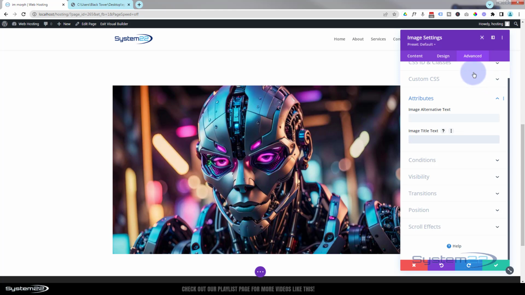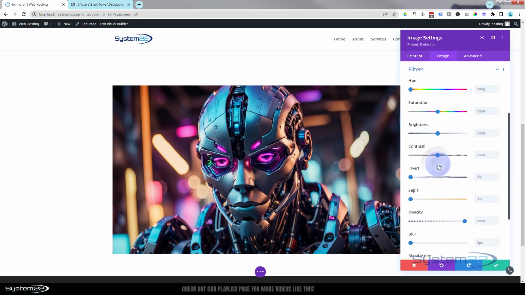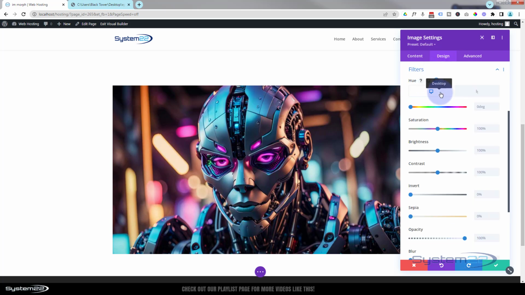So to make this happen, I'm going to go to my design. I'm going to go down to filters and I'm going to make this go crazy. I'm going to change the hue. And again, I'm going to roll over, common to all Divi modules. If you roll over the dark writing, you'll see some little icons appear. We're going to be working with this little arrow icon today, which lets you set a hover effect. So when the mouse is not on it,